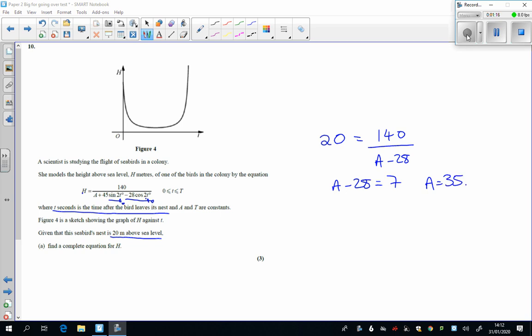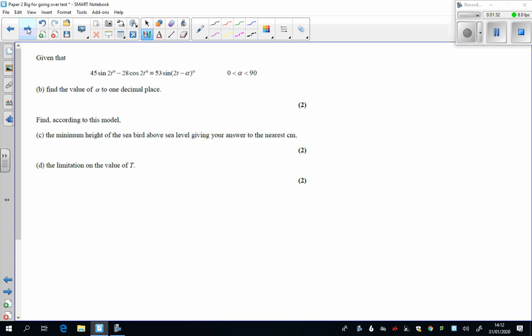The question doesn't say just find out what A is. The question says write down the complete equation. So I've got 140 over 35 plus blah blah blah blah blah. Keep going. Now it continues with